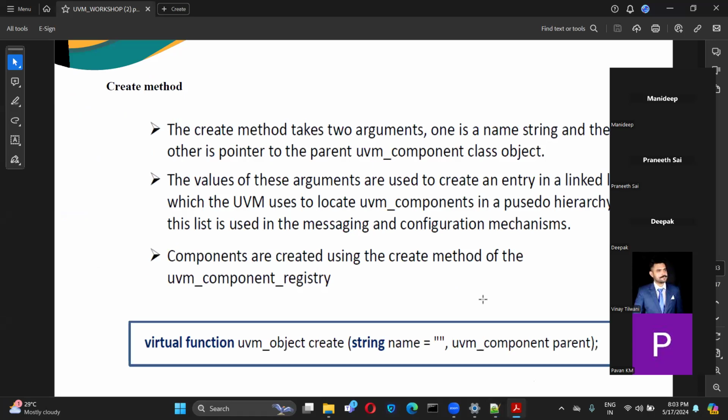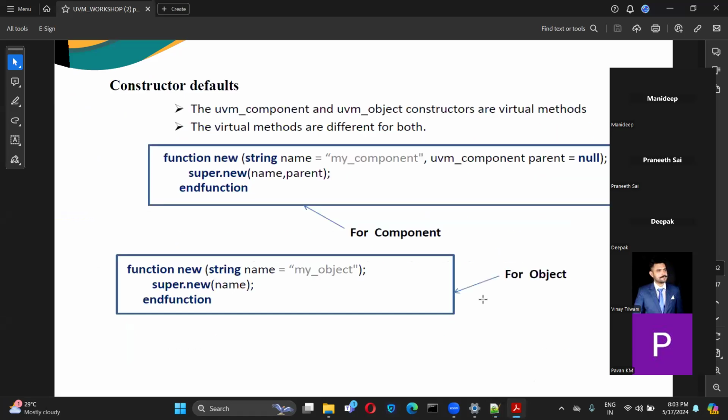Ma'am, there is one scenario where I will extend my base test from UVM test. Then, afterwards, I will write a child test case which is extending from the base test.